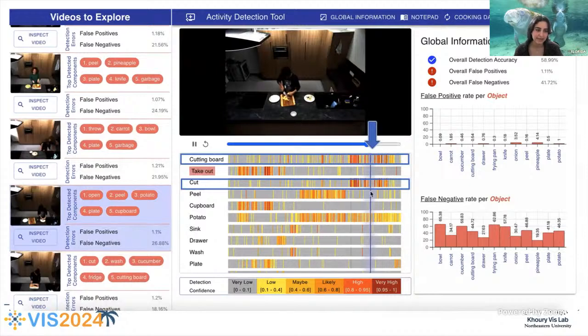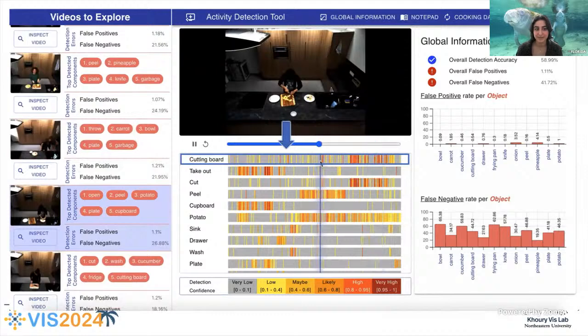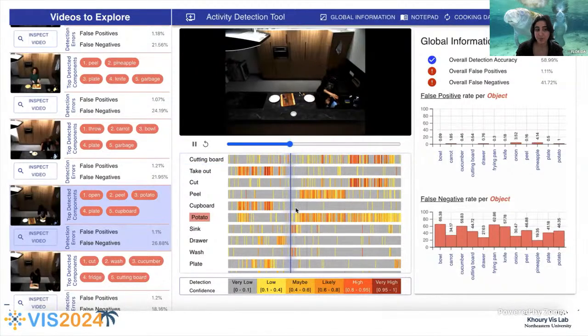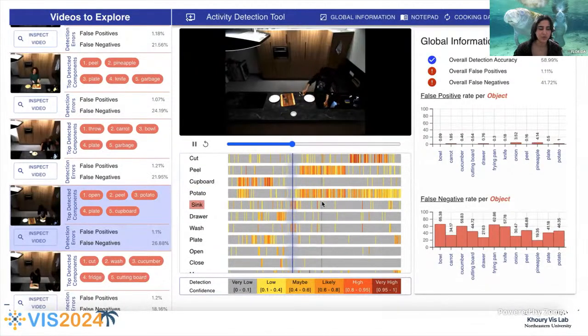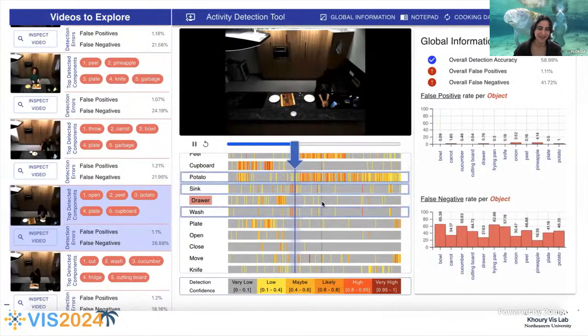And immediately I see that there's very low confidence for cut and cutting board in that segment of the video. So that's a false negative. I can also look at frames in particular, instead of temporally, and try to find those errors. If you want to learn more about this use case, there's a video in our supplemental material. I encourage you to check it out.